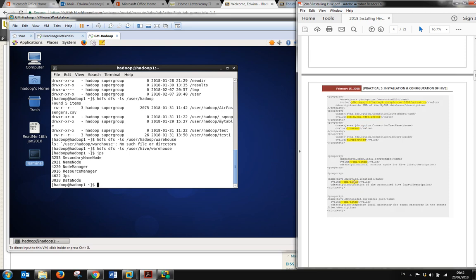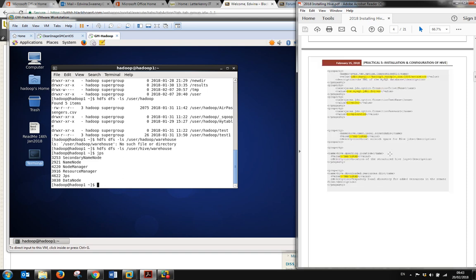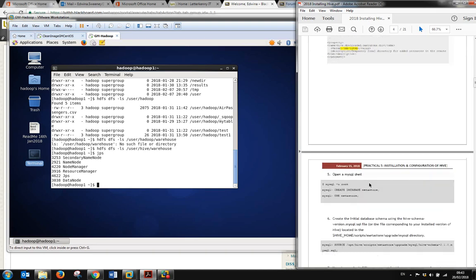These are just temporary directories that Hive uses for a scratch area for doing sorts and groups, and these other two again are temporary directories used for log files and for a temporary local directory for added resources that's needed for remote files. So once we have that configured, we just close that file down and we open up a MySQL